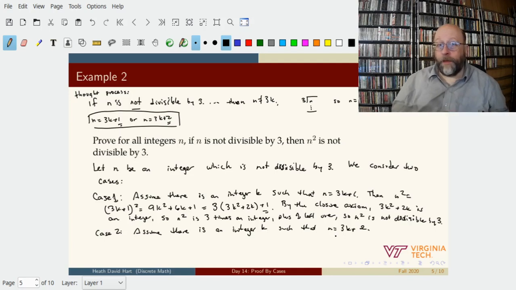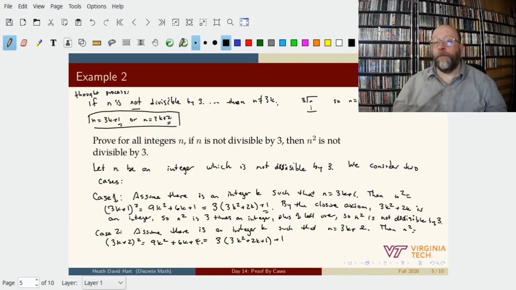Well, then let's see what happens in this case. Assume there's an integer k such that n is equal to 3k plus 2. Well, then n squared is (3k plus 2) squared, which is 9k squared plus 6k plus 4. And that's 3 times (3k squared plus 2k plus 1) plus 1. 3 times 1 plus 1 gives me 4. There's where that 4 goes. By the closure axiom,